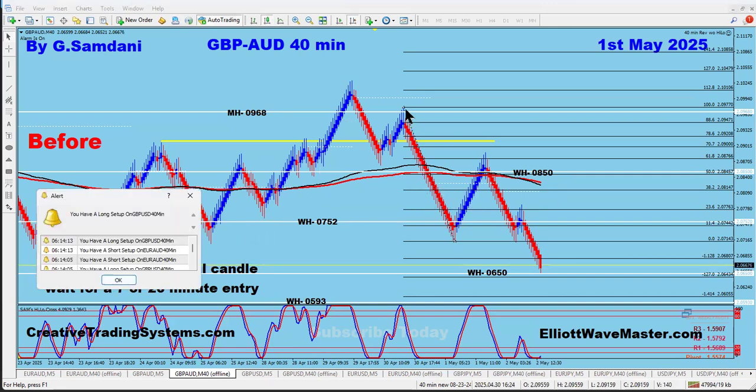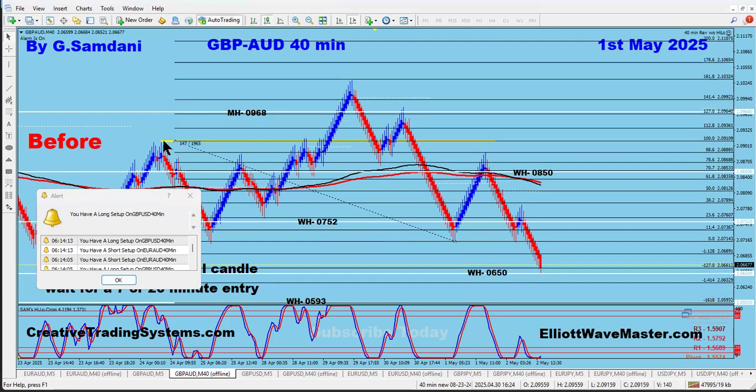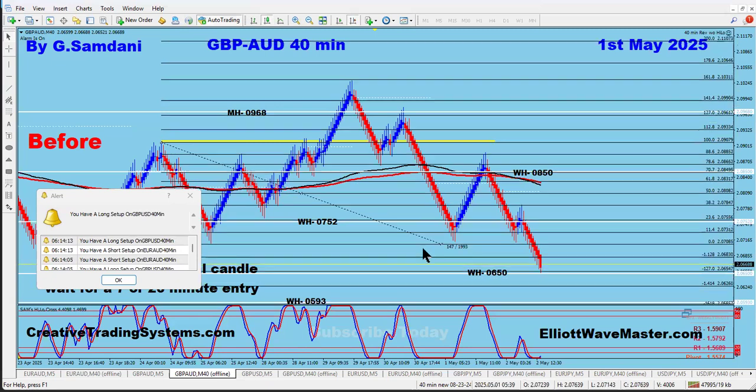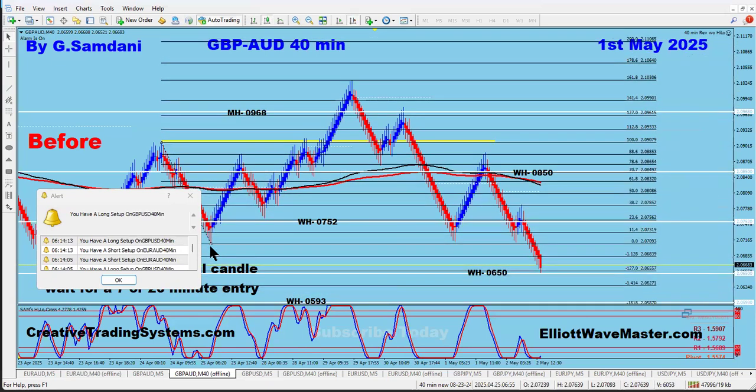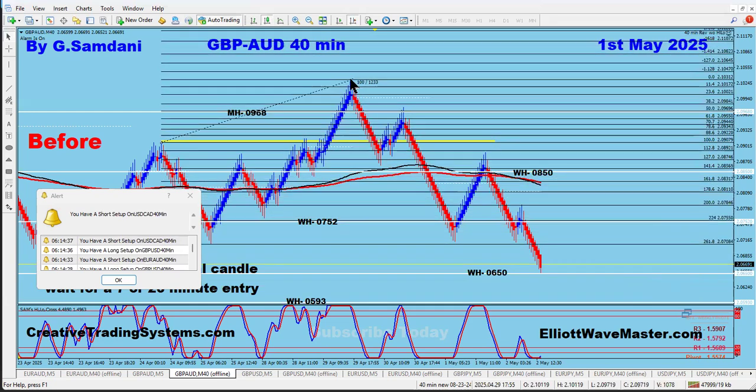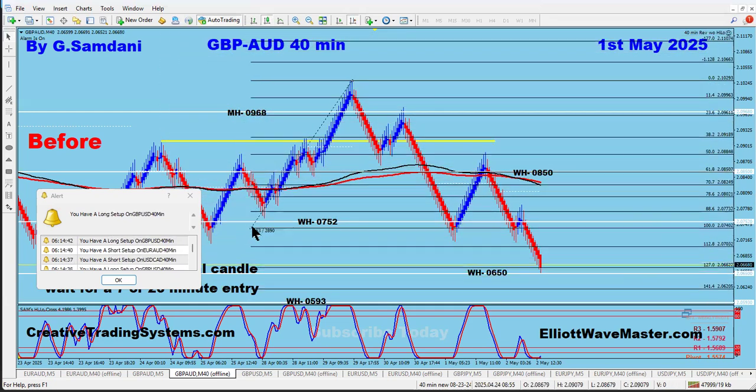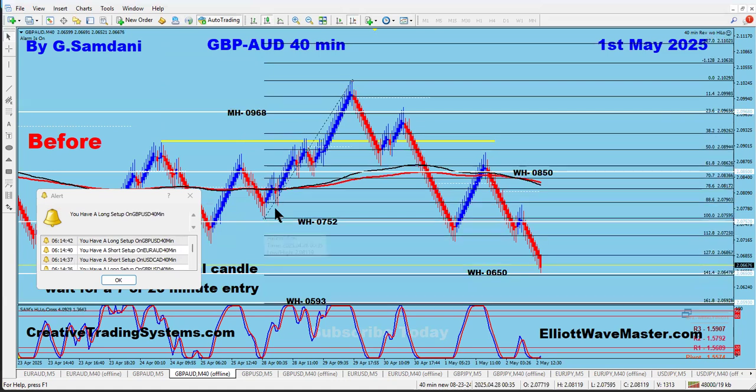Let me show you here. Yeah, okay, this one you can see. You should be able to tell by now what it is. 78%, then exactly 38% or 23% almost touched that, and then straight up to 161. That's a classic butterfly pattern. Perfect, by the book, calculated. And then if you pull the fib from here to here, you will see that it touched 61.